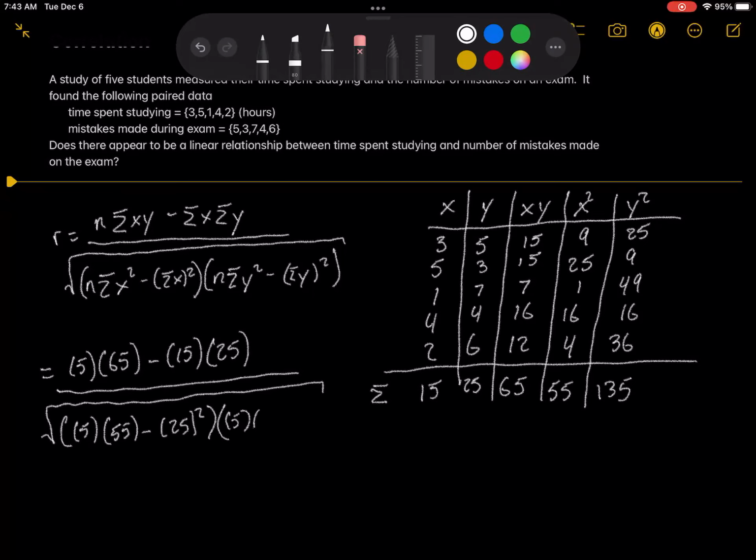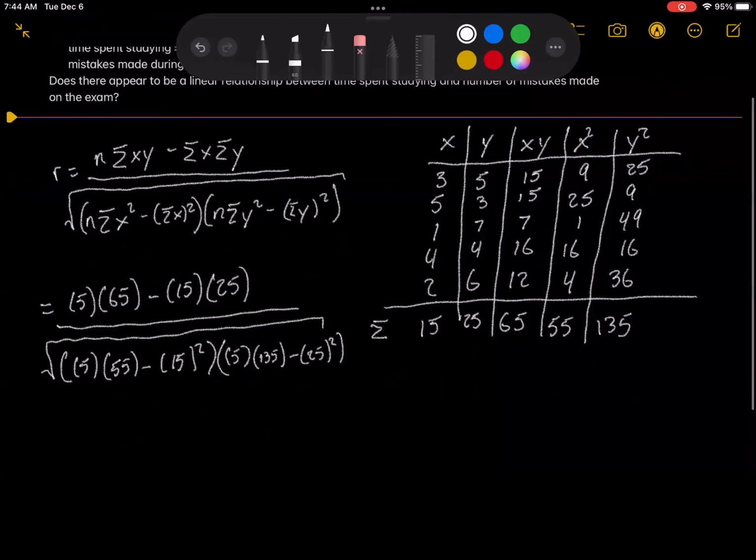And I have 5 times the sum of the y squareds, which was 135, minus the square of the y's, which was 25. Okay, so as long as you do your order of operations correctly,